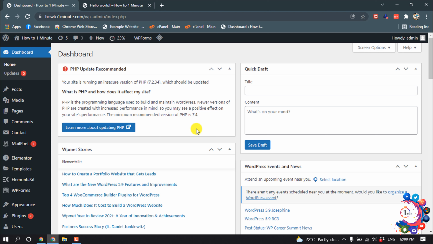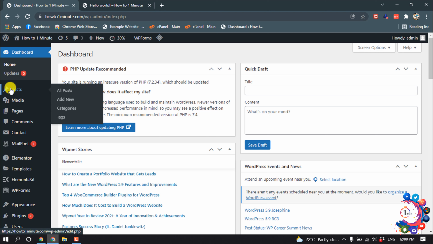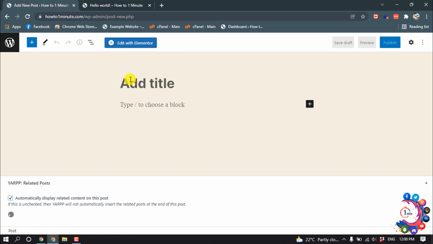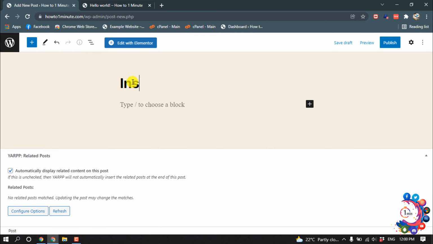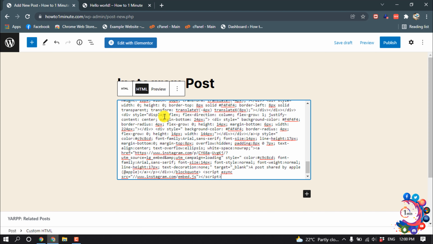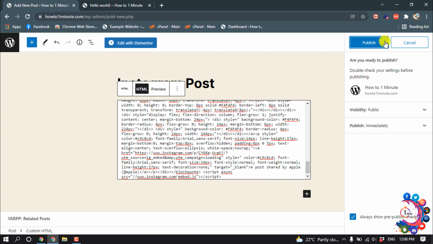and then open your WordPress dashboard and I'm going to add the post inside of my post. So I'm clicking on add new and I'm giving title. So after that, click on this little plus icon and search here custom HTML, then paste the code here, then click on publish,